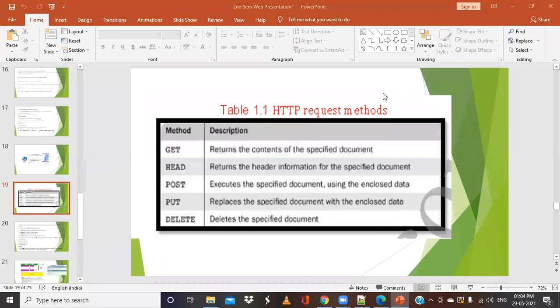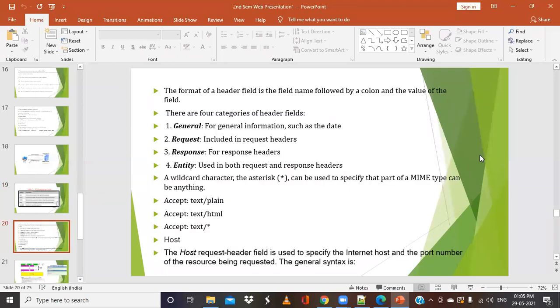Yes, we discussed the two important techniques that are used in communication, that is, how we can use the HTTP protocol to request and get a response. We discussed the HTTP request, the important methods that we use in the HTTP request methods, and the basic structure of these HTTP request methods.